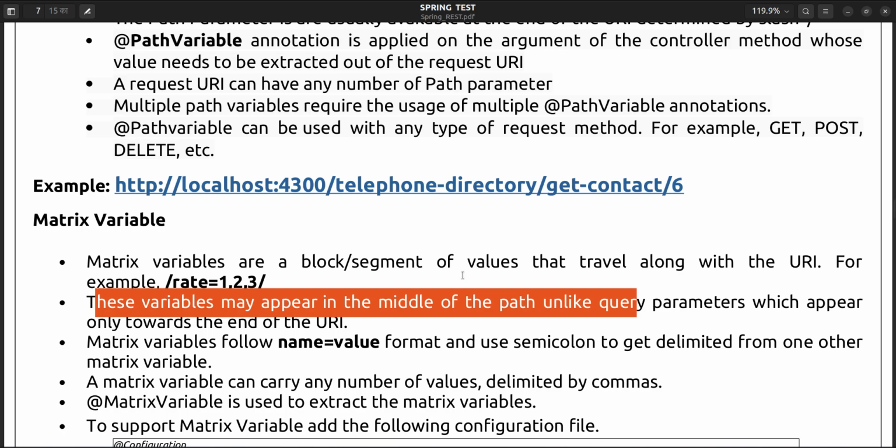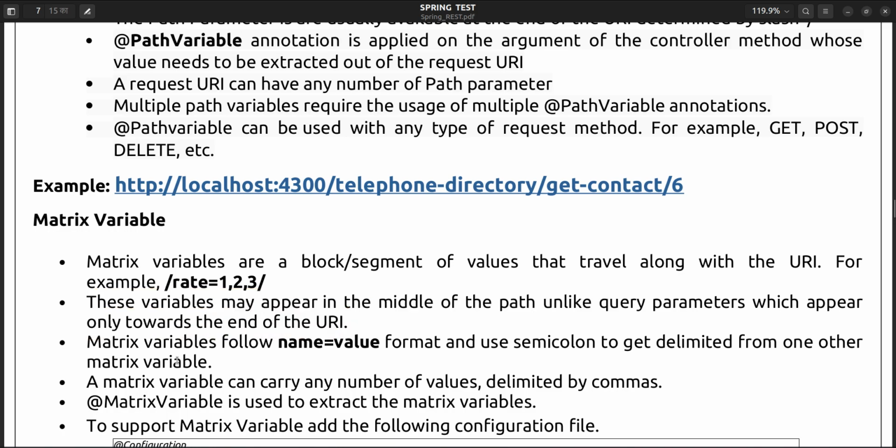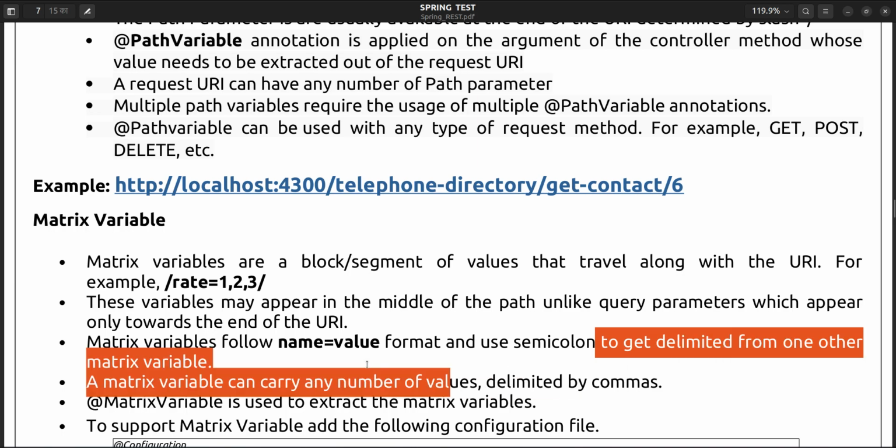Matrix variables follow name-value format and use a semicolon to separate one from another.